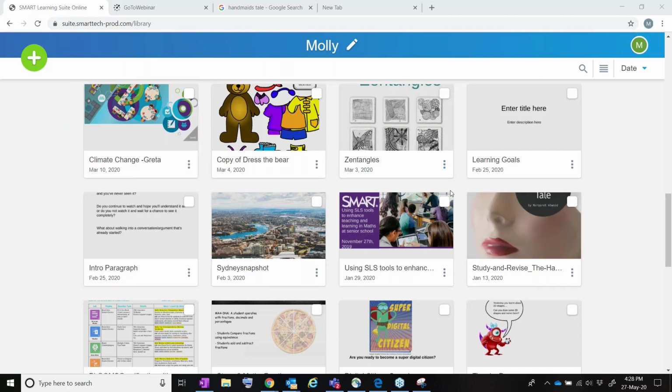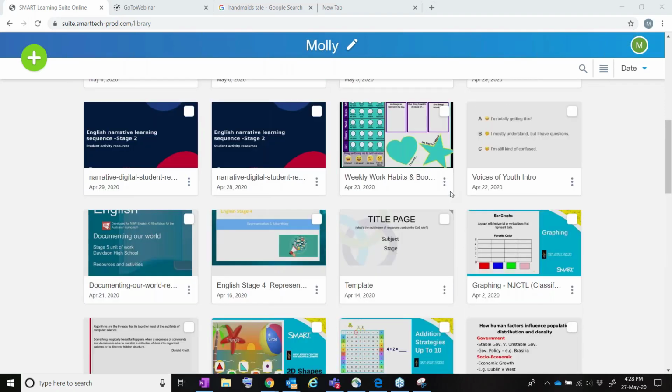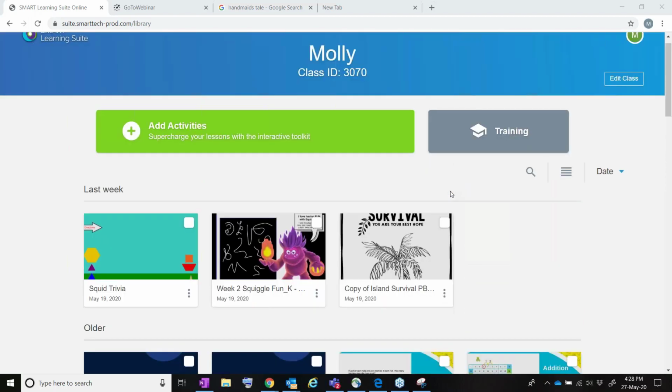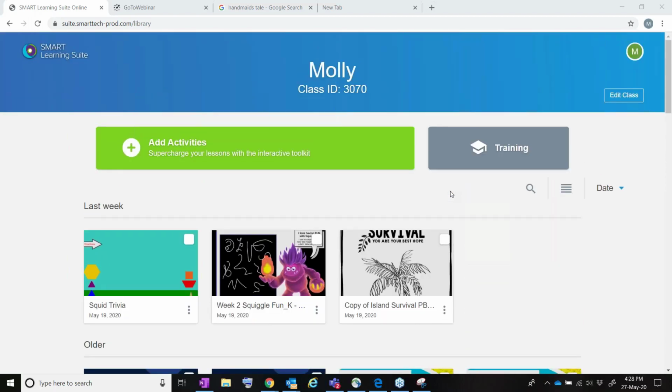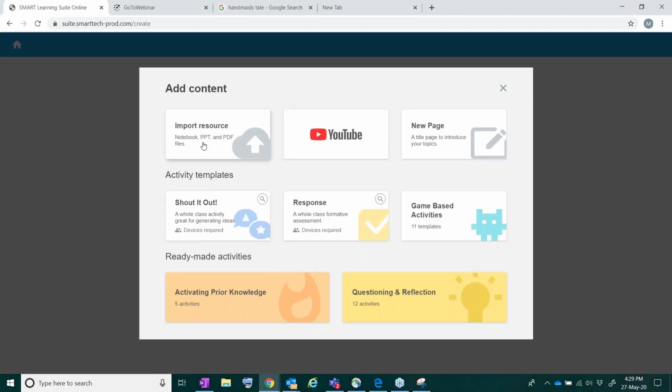Try this out with one of your resources that you already have. So if you use a lot of Notebook, that's great. You can definitely add notebooks, but remember, that doesn't have to be just Notebook. PowerPoint or PDF we can also upload and do the same. Obviously, I've just done it with a PDF. If your PowerPoints come over and the formatting looks a little bit different because the page sizes are different,